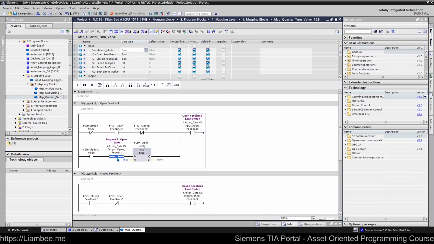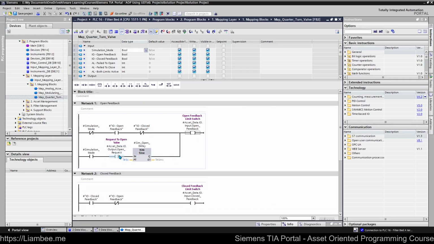But when we do, and we're in simulation mode, we would send the request, which we can read on SCADA or on the HMI, and then after 5 seconds, we would simulate the feedback coming true and saying we have an open signal. For those 5 seconds, we can then display things such as the valve traveling. We can start our timers for fail to open alarms, and we can test all of that stuff